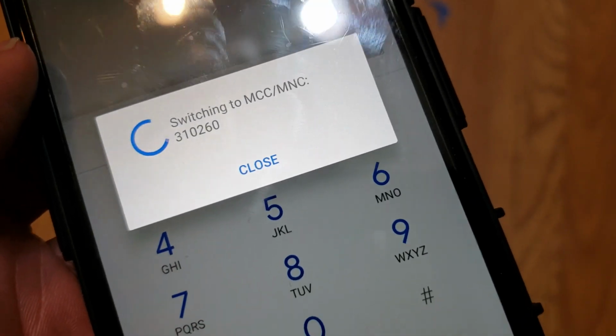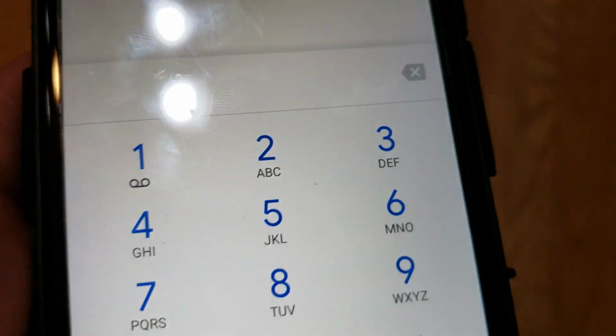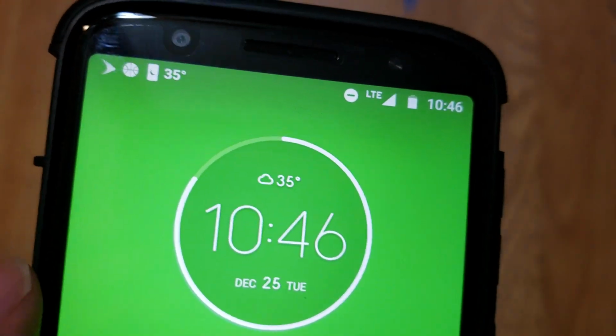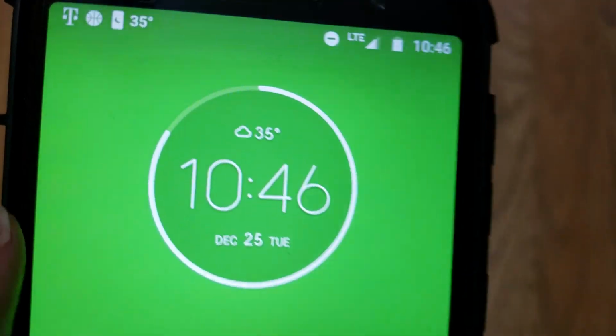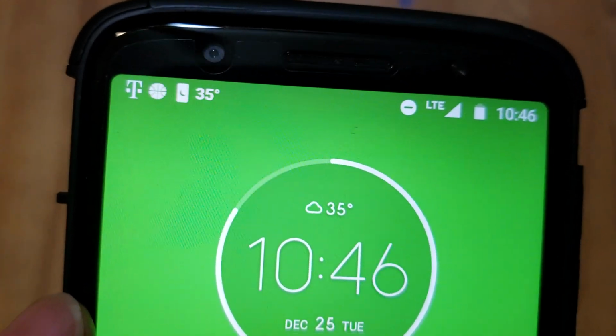All right, switching and switching. Set invalid and close that. All right, so LTE is popping up, and voila, it force switched back to T-Mobile,